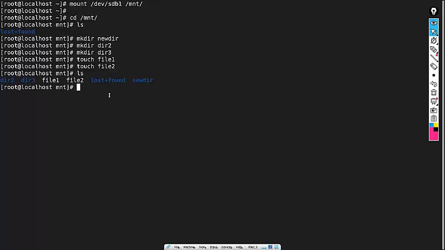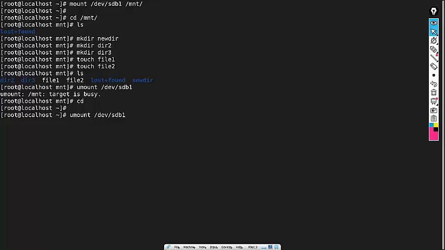If I unmount, it means I have finished my work. Now I am going to unmount this partition using umount /dev/sdb1. It is busy because I am in /mnt. So I will move out of it and run the same command again. Now if I check inside /mnt,